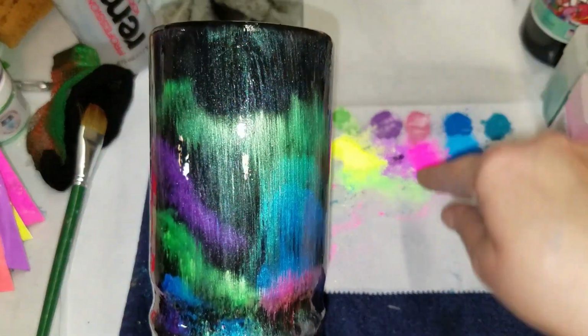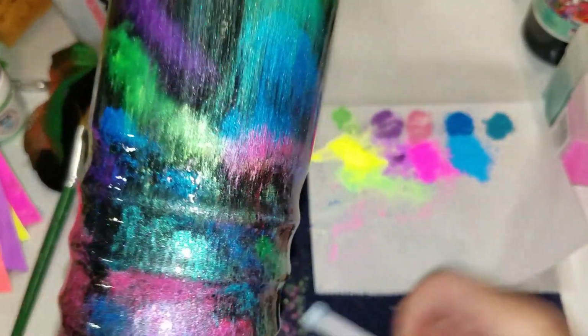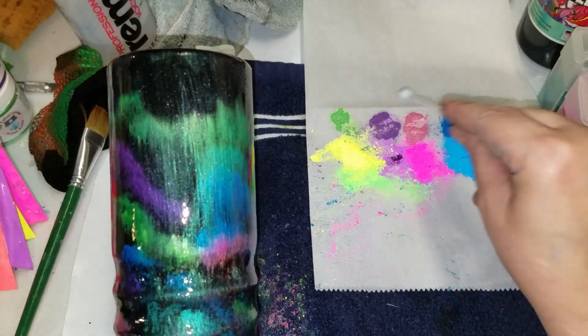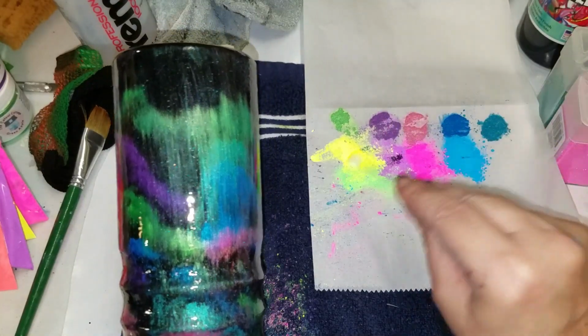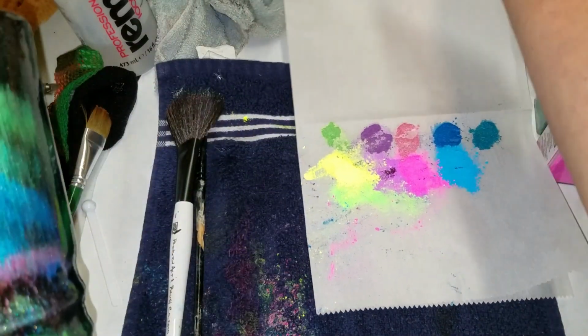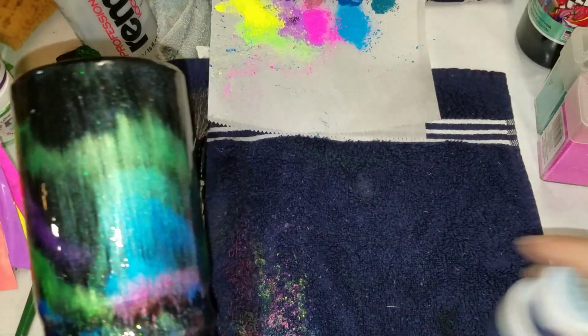I just had a little tiny scoop. Where's my scooper? I'll show you. I just used this to scoop out my mica powders. And look how much I've got left just after doing 1 cup. So I'm going to move this out of the way. And I've got some